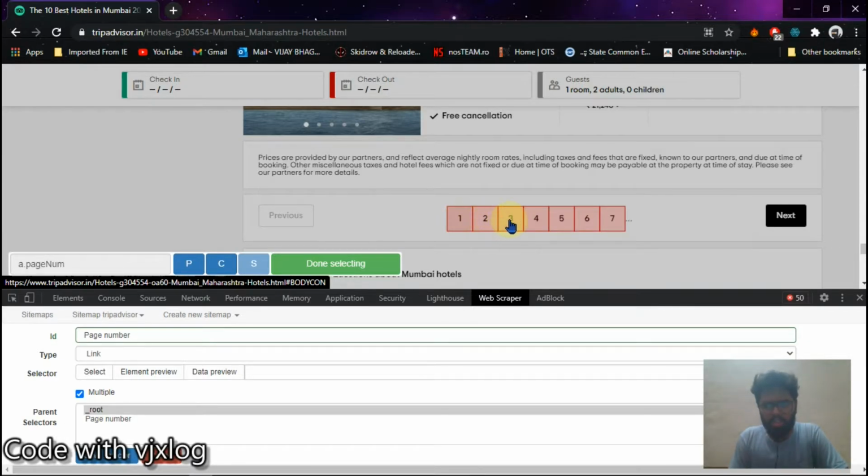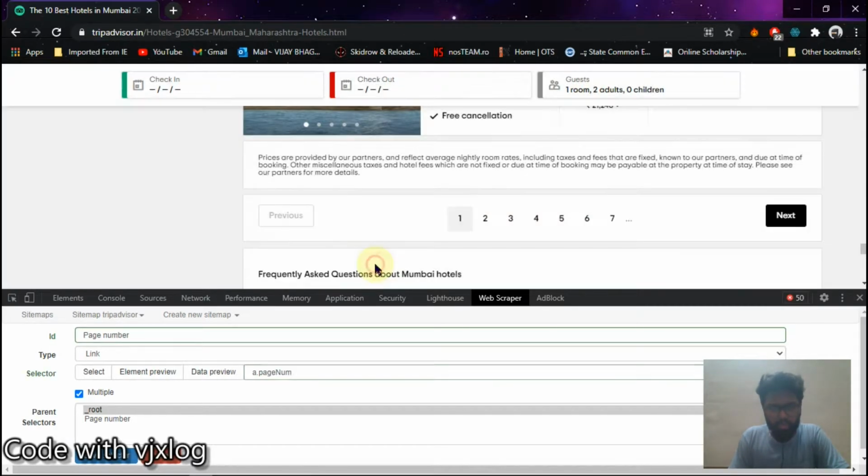One or two selections will help you select all the pages available there. After selecting all pages, you select done selecting. You'll see something here, a.pagename, that is the background part where this page selector is working.